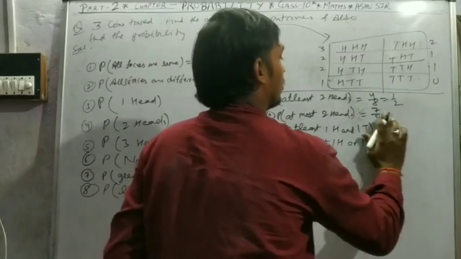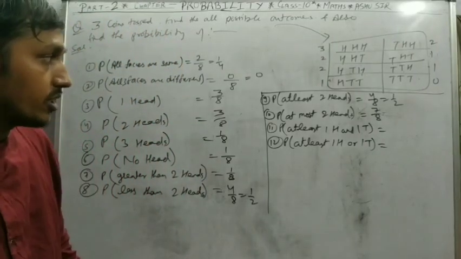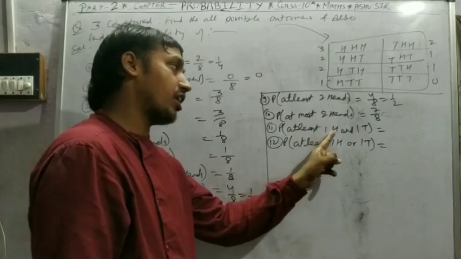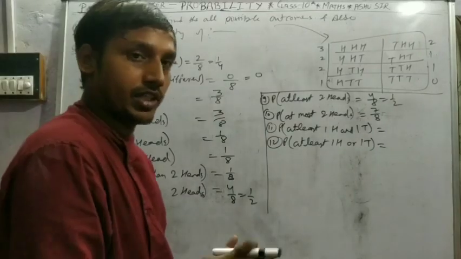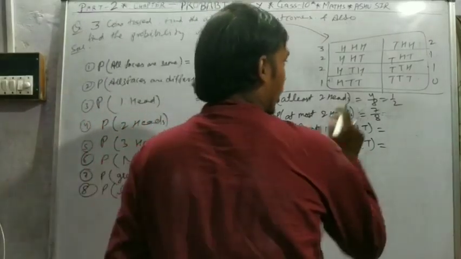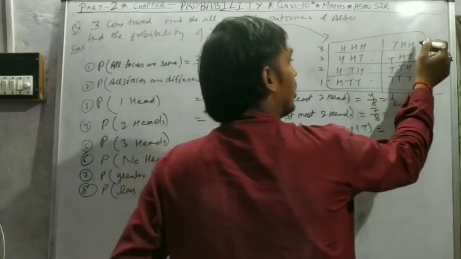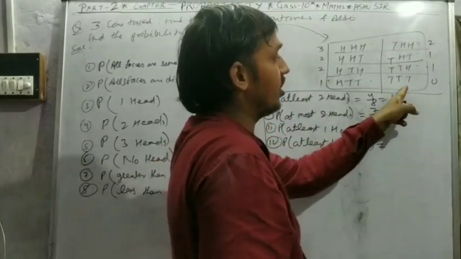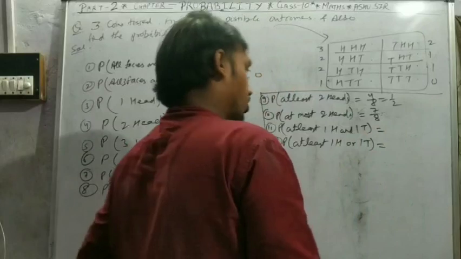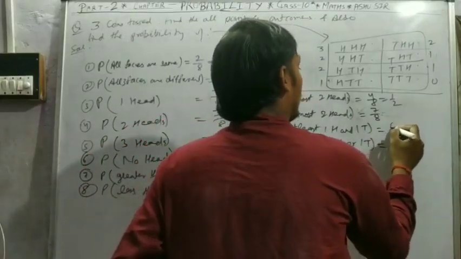The same process is used here. At least 1 head and 1 tail means the outcomes have at least 1 head and 1 tail, both. This one has 1 head but no tail. This one has 1 tail but no head. So we want "and", meaning both head and tail. So 6 by 8,